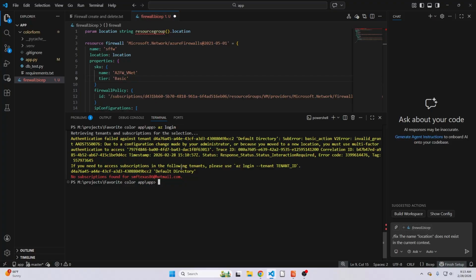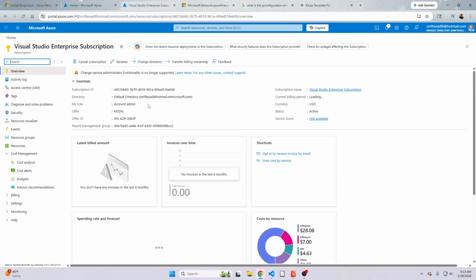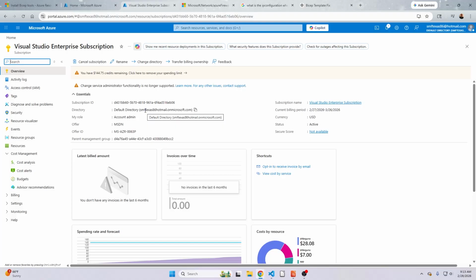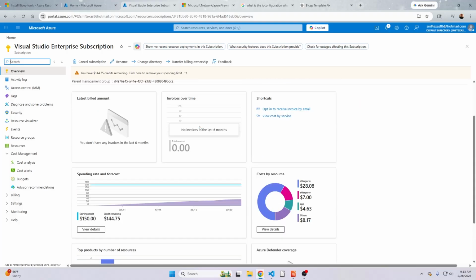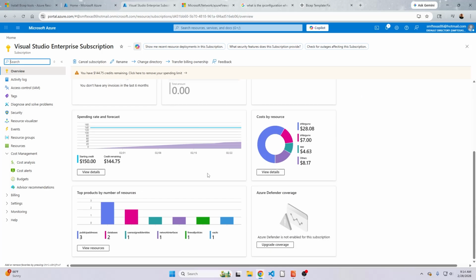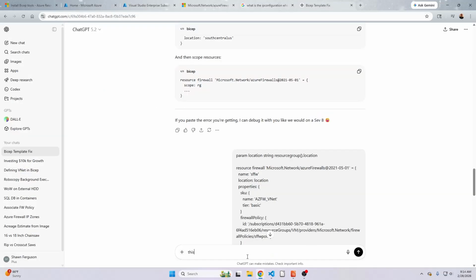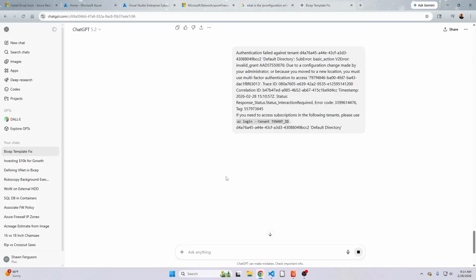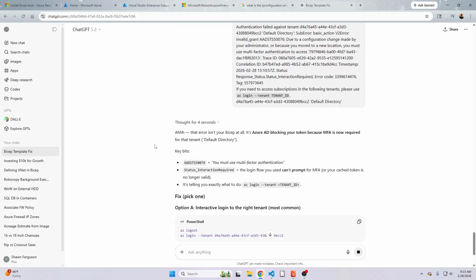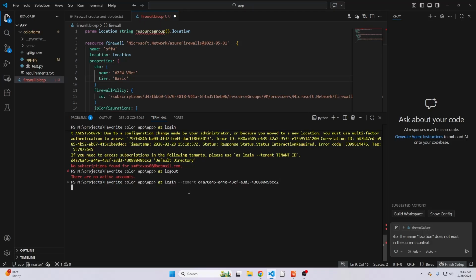And at first it wanted me to use the tenant. Fine, I'll use the tenant. Still didn't work. Pop-ups didn't come up. After starting to do some Googling and searching, I figured out that with Visual Studio Code, that apparently is just a thing that's known, and the easiest way to circumvent it is to still use az login with the tenant ID, but also use the device ID